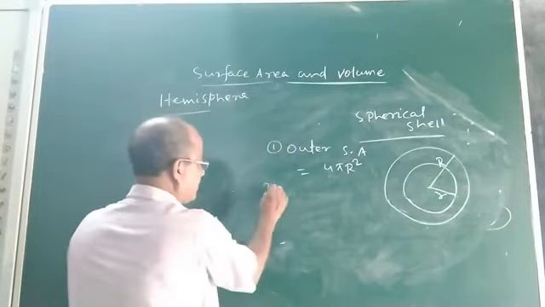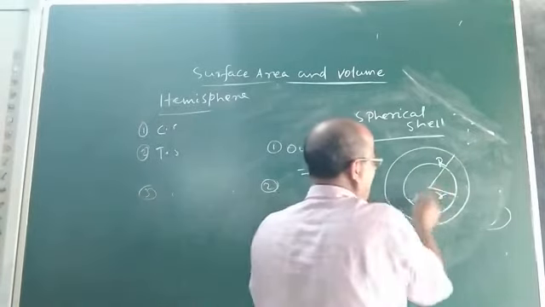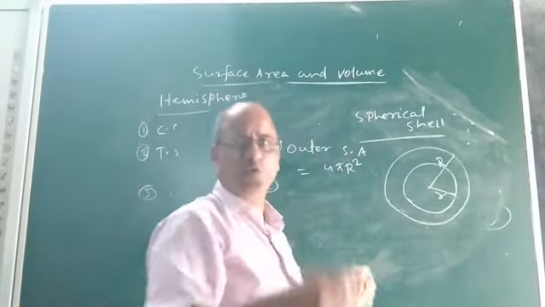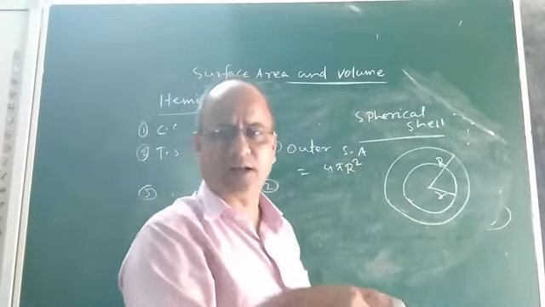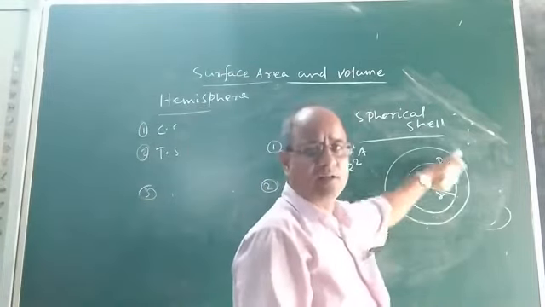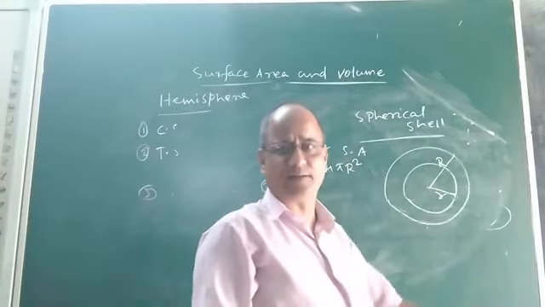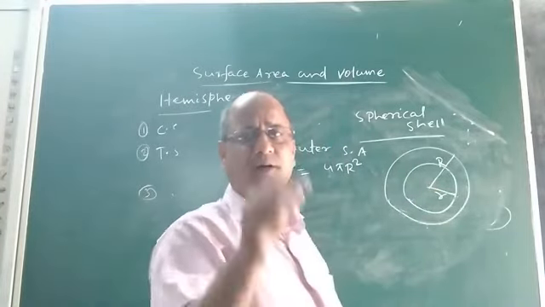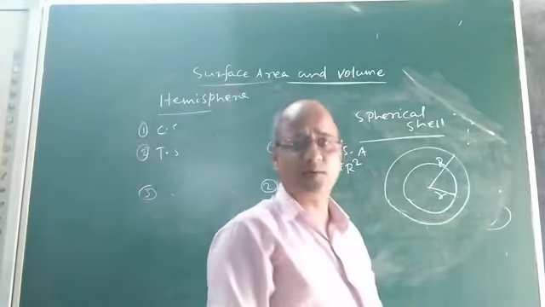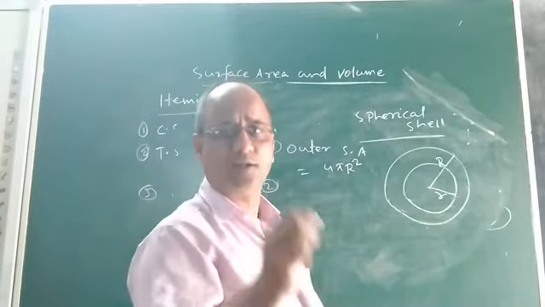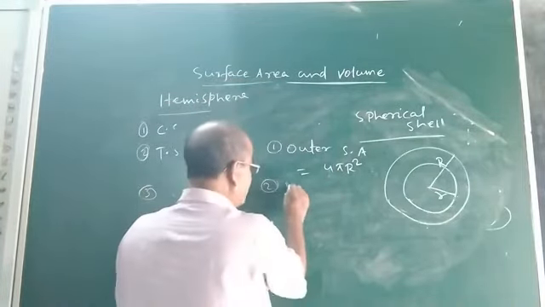You see, our spherical cell has 2 spheres, one outer, the other inner. So definitely we have to find the volume of the outer sphere and then the volume of the inner sphere. Then we have to take the difference. That means volume of outer sphere minus volume of inner sphere will give you the volume of what? Your spherical cell. So what will be the formula?